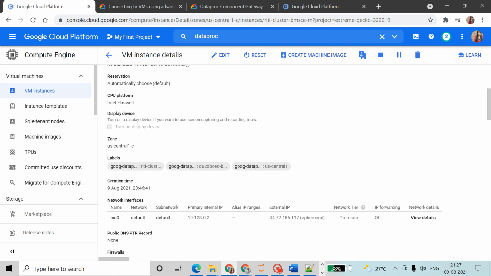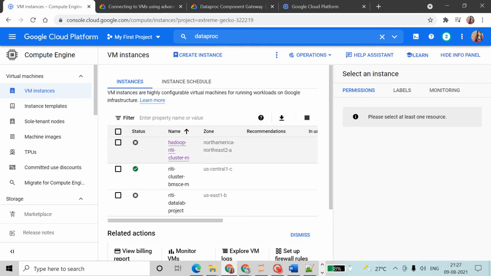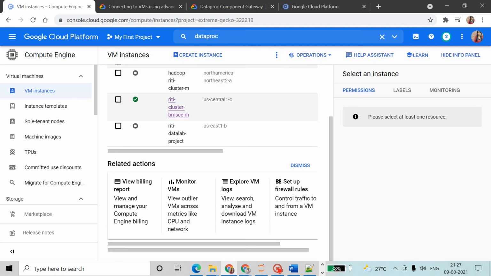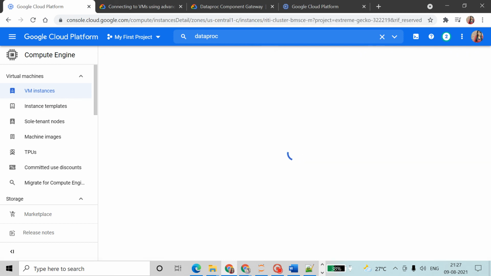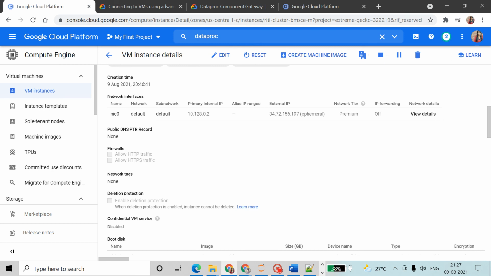See where you will get it: in your cluster BMSC, if I choose this one, VM instance details, in that you will get your primary internal IP address, that only you have to use.